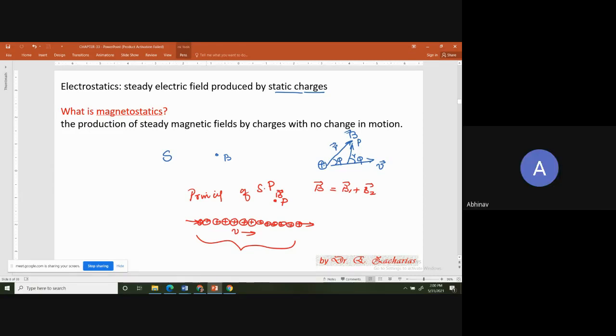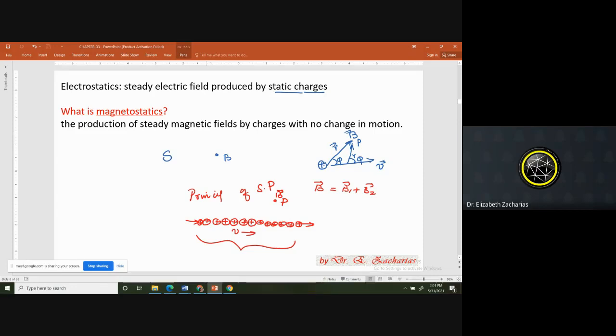Okay. So if I am able to have a series of charges which are moving in such a way that one goes away, another takes its place, one goes away, another takes its place, it just keeps on happening, then I will be able to get a static magnetic field at a point. This is magnetostatics. What is this line of flowing charge called? A continuous flow of charges is called current.